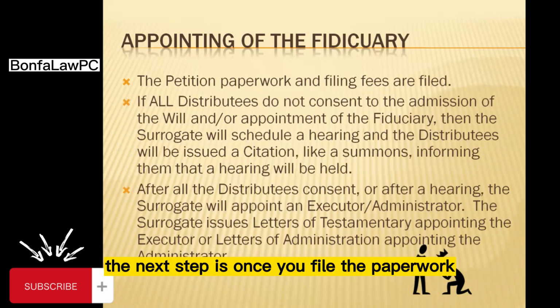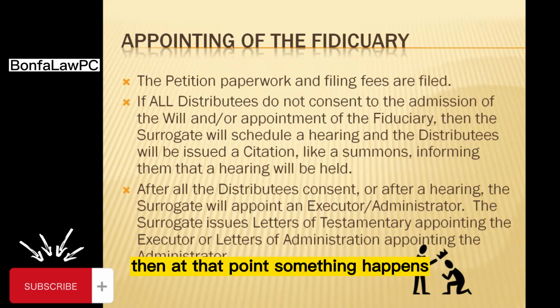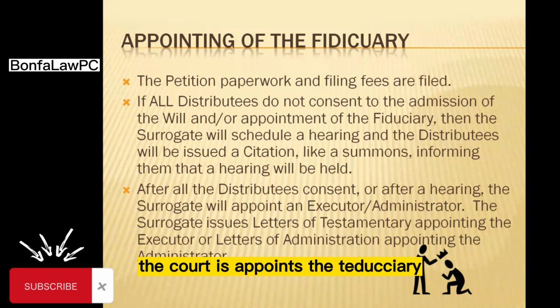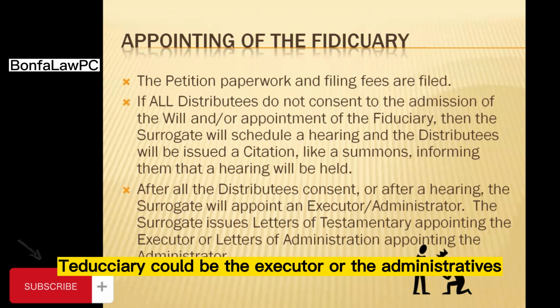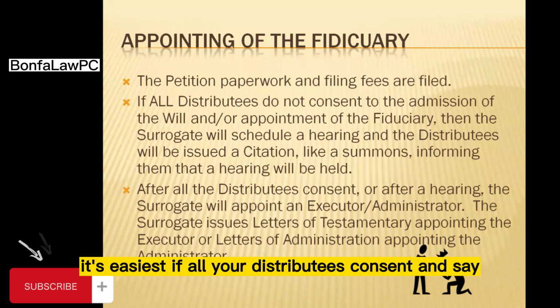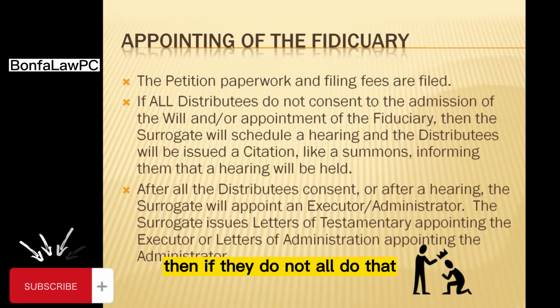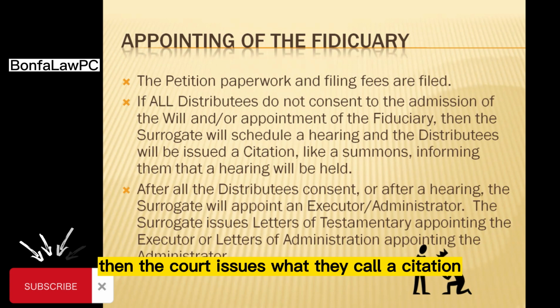The next step is once you file the paperwork, you file the petition and you pay the fees. Then at that point, something happens. The court appoints the fiduciary. Fiduciary could be the executor or the administratrix, either one. It's easiest if all your distributees consent and say, yes, I agree to probate the will and to appoint you as the fiduciary. Then if they do not all do that, then the court issues what they call a citation,